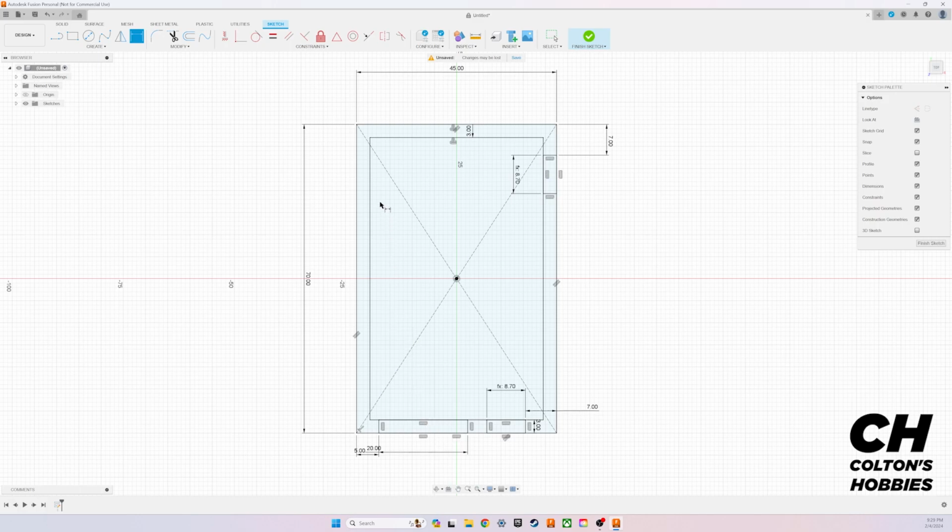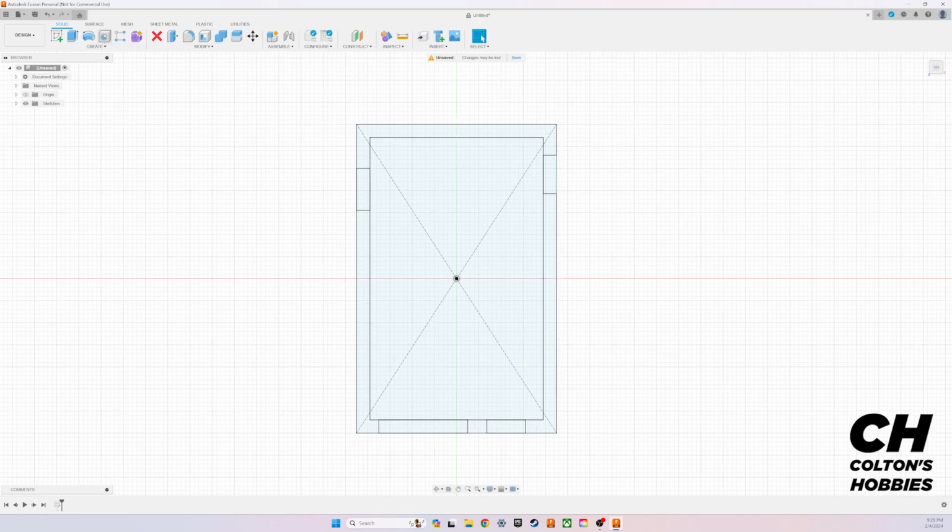And then I also want to create a window on the back side and then on the side as well. So we're going to create one window, dimension, window width. From the side, we'll say 10, and we're going to also pattern that one as well. So our dimension should be completed. We'll finish the sketch,